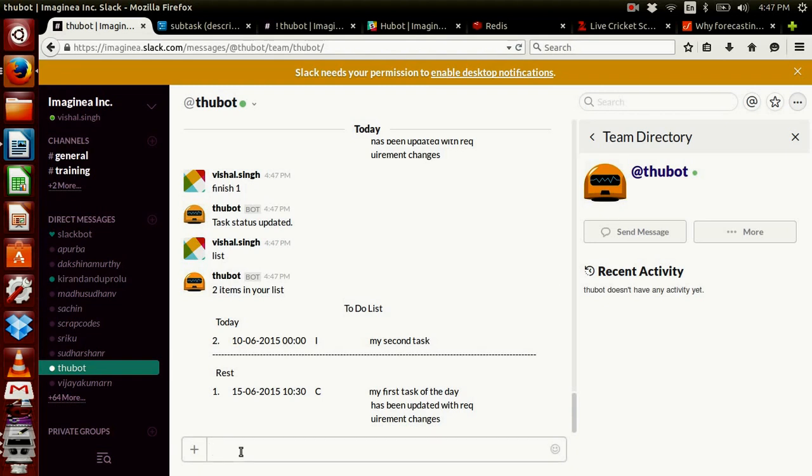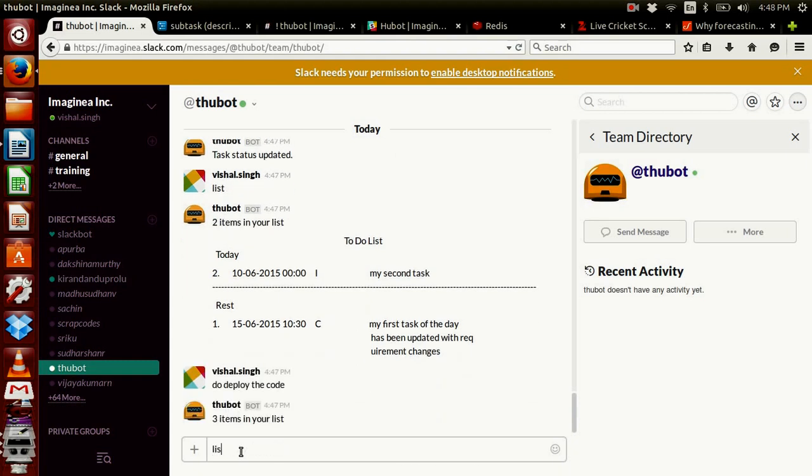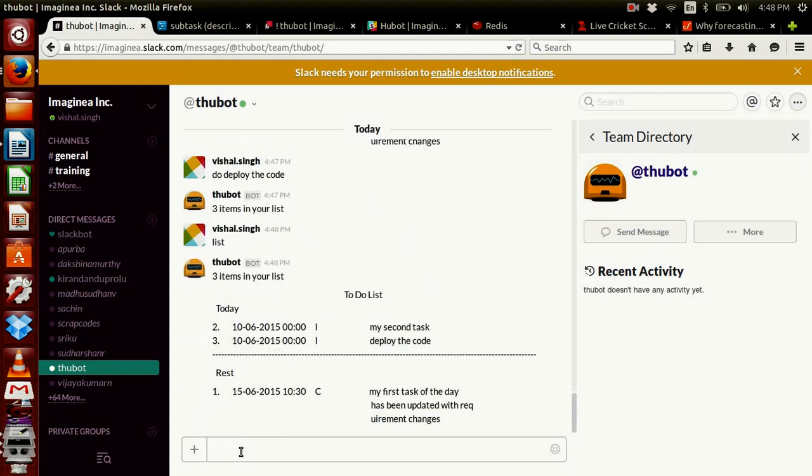Like my second task, let me add one task first. Deploy the code. Suppose deploy the code is one of my tasks. Okay, now I want to add a subtask.